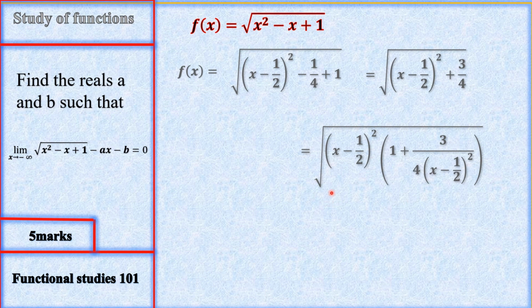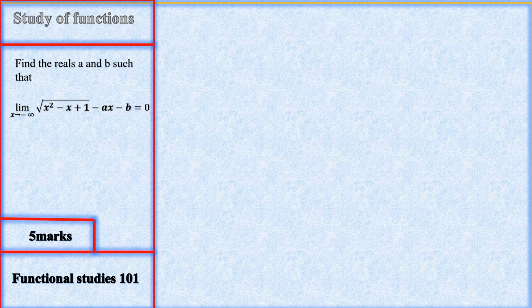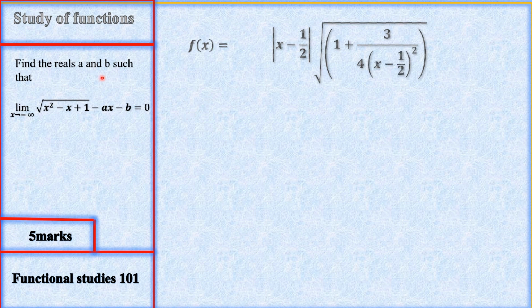From there we know that by definition the square root of x squared is the absolute value of x. Similarly, the square root of x minus a half squared will be the absolute value of x minus a half, times the square root of this part, is our function f of x, as you can see there. So moving on to the next part of the solution. We have shown that this is f of x. Finally, f of x equals that. Looking at this exercise,